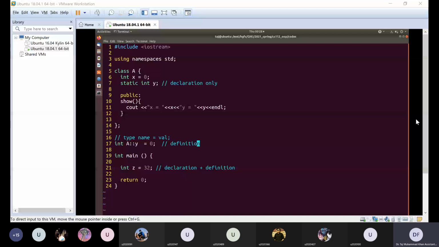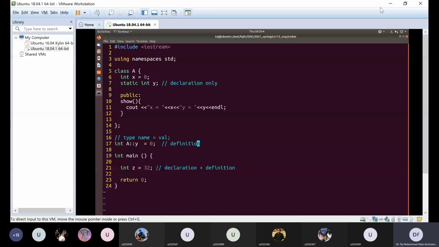Can you please explain what is happening now? Basically, for static member variables, we have to distinguish between their declaration and their definition. Okay? Memory is allocated for member variables when they are defined. Normally, when we define a variable, we do declaration as well as definition. Okay, so this line number 21, Z is defined as well as declared. So memory will be allocated whenever we execute line 21 because it's declaration as well as definition.